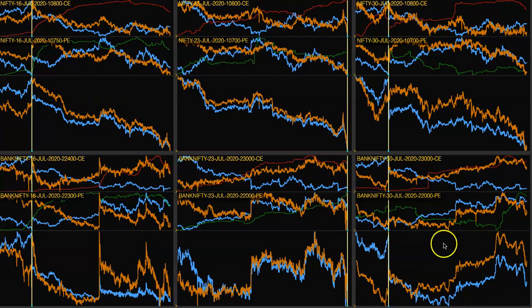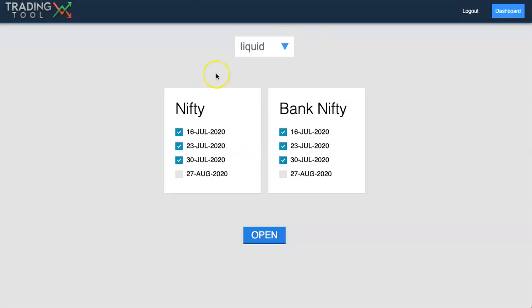So you can watch all the expiries, and you can do trading only when there is a very good opportunity using these automatic straddle and strangle charts. And I would recommend using liquid charts to find the opportunity.